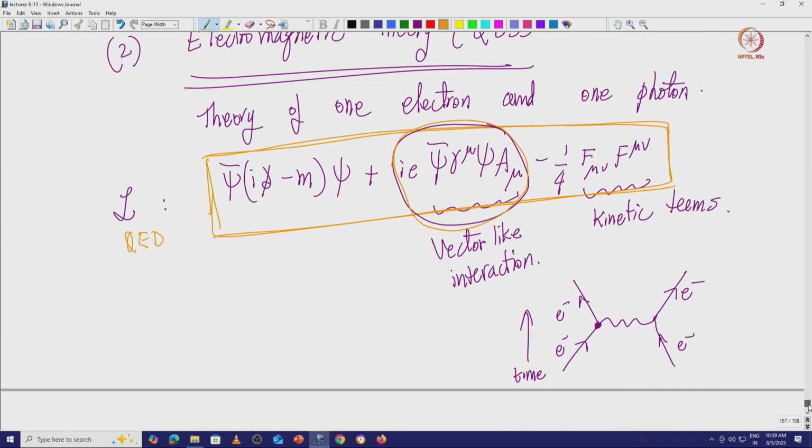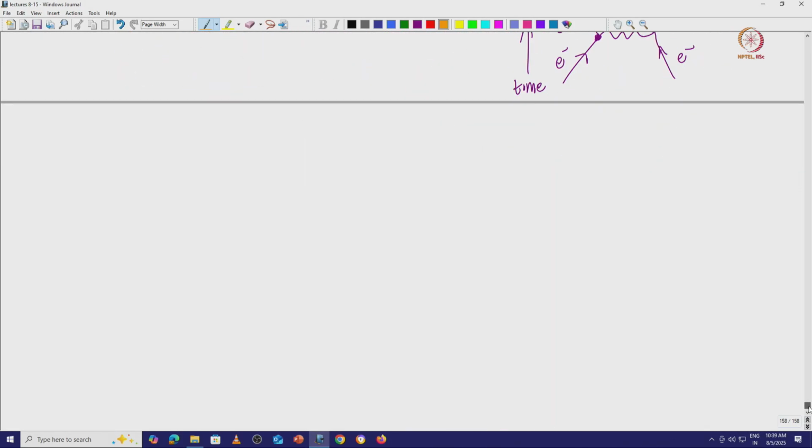So these are the two examples we have seen of interactions. Now let's go further in understanding the various representations of the Dirac theory. But before doing that,